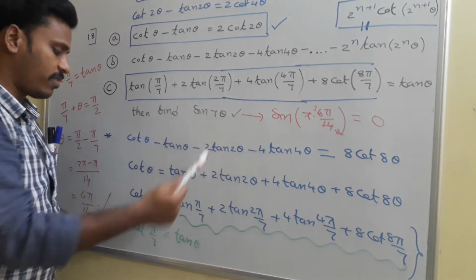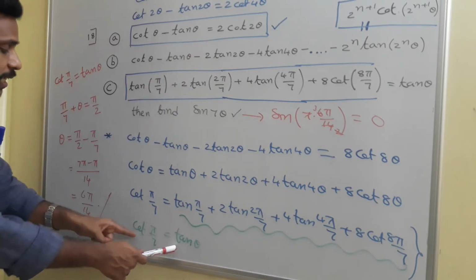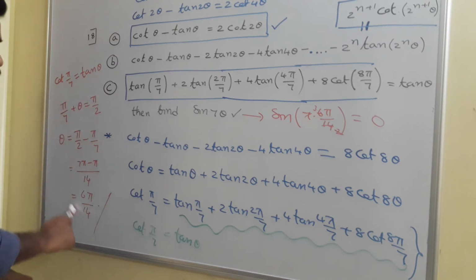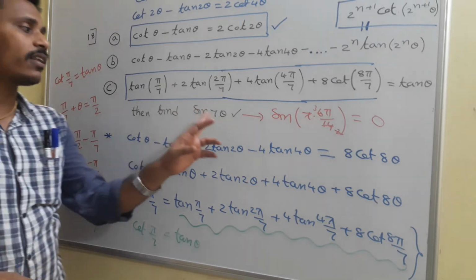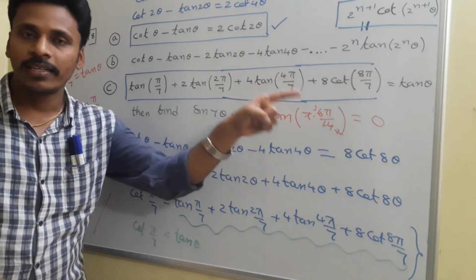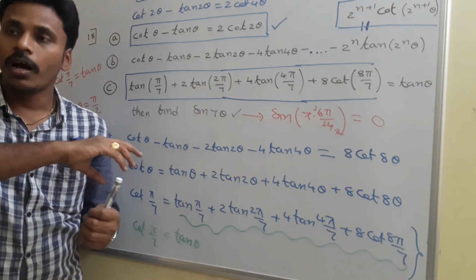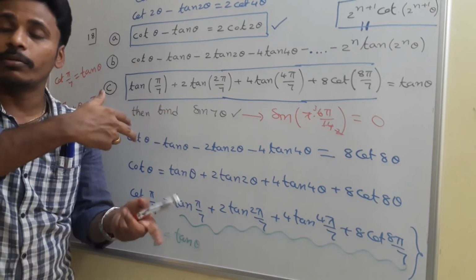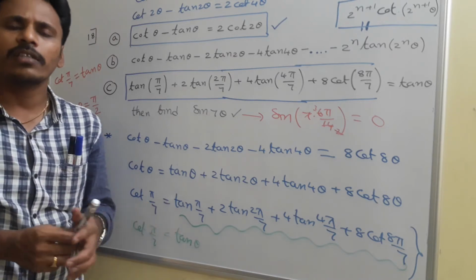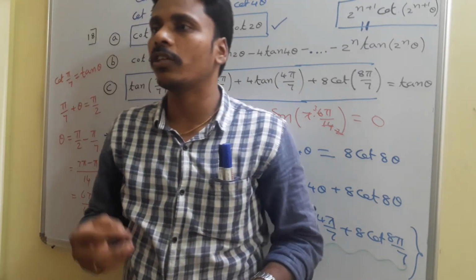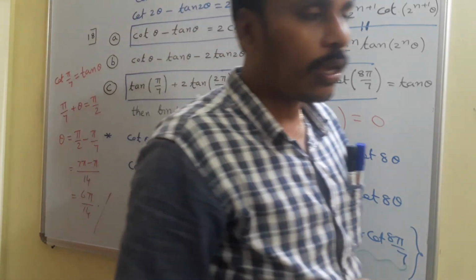The given value is tan theta as given, but I found it as cot pi by 7. So tan theta is cot pi by 7. From there we found that theta is equal to 6 pi by 14. Use that 6 pi by 14 here in the place of theta. Sine 3 pi, 0 is your answer. Initially, for these types of problems, how to utilize 18a, 18b, 18c, practice is much needed. It is somewhat new for all of you, so initially you may get a little bit of confusion. On practice, automatically everything will be clear for you. Just have a look.